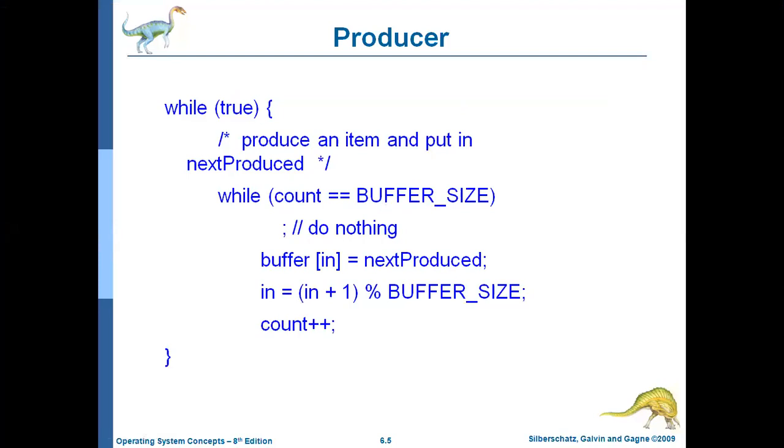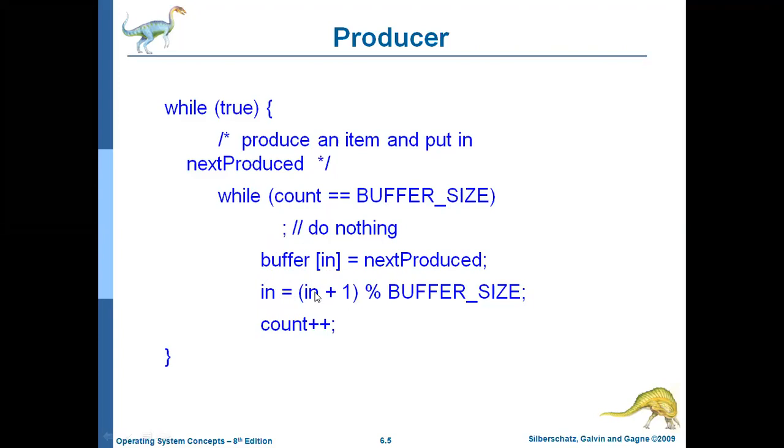So automatically, follow the cursor. So 0 not equal to 5. So automatically next, we will move to this statement. Condition failed, so we move to this place. So buffer of in, what is the value of in? In value initially 0. So buffer of 0 equal to next produced. That means whatever the item produced, we need to keep it in the buffer of 0, first item. Okay, and then we need to increment the in value. In equal to in plus 1.